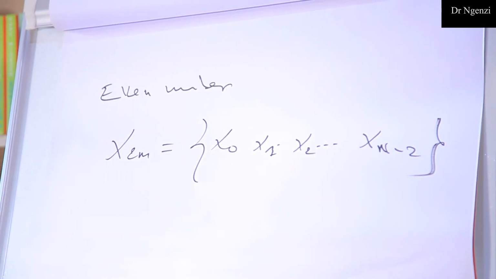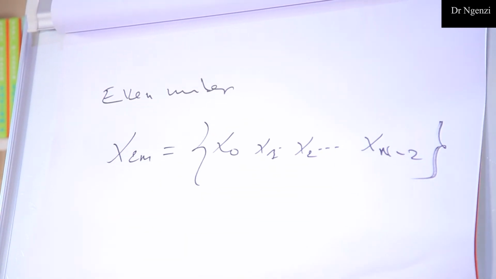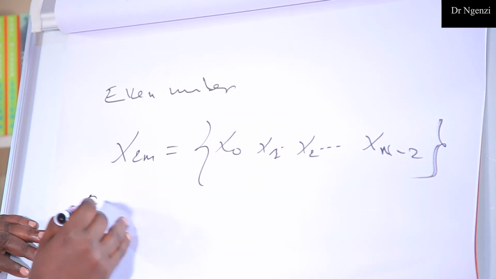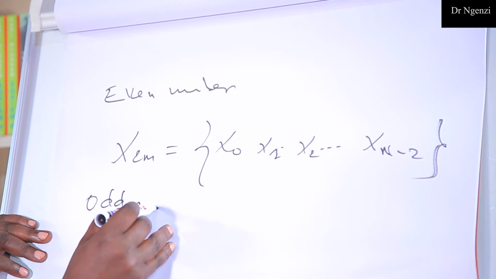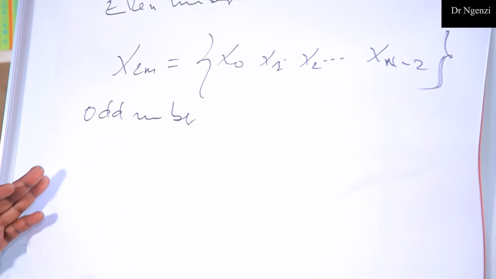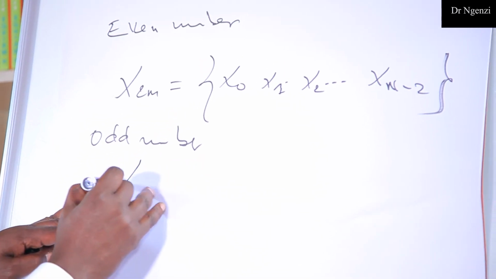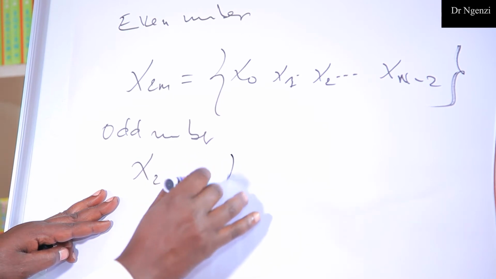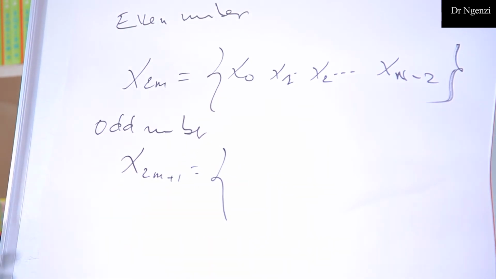So suppose you have such values, and this is the even, and for the odd numbers, the odd sample is going to be x of 2m plus 1, which is going to be given by